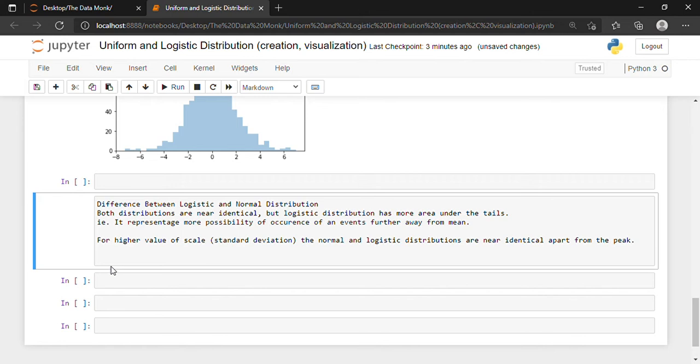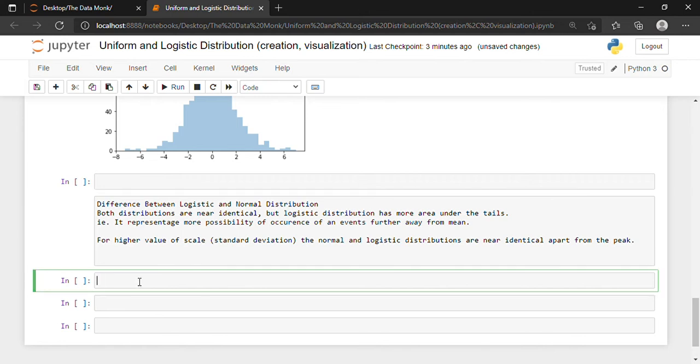Okay, we will now visualize the normal distribution as well as the logistic distribution. For doing that, since we have imported all our libraries, we will simply write sns.distplot, and inside we'll write random.normal.